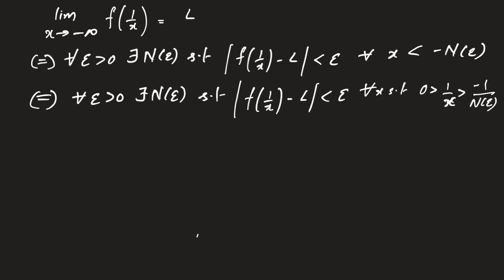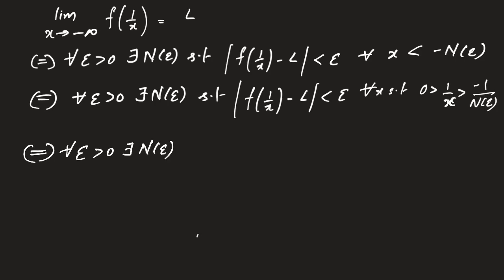Here x is negative because x is less than minus N of epsilon, and hence 1 by x is also negative. And from x less than minus N of epsilon, we get that 1 by x is greater than minus 1 by N of epsilon, which is again equivalent to